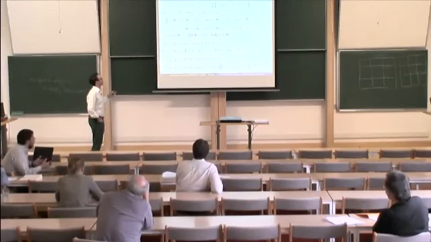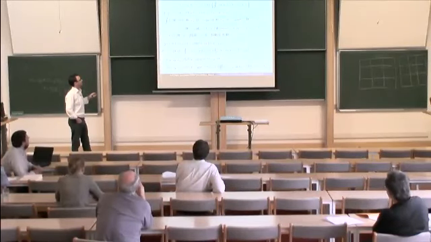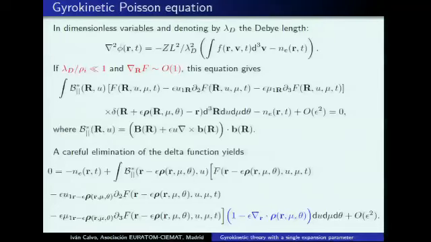I have simply made the change of variables here. I mean, I have simply written this in the gyrokinetic variables. I have, well, sort of taken the pullback, if you want, and applied only the